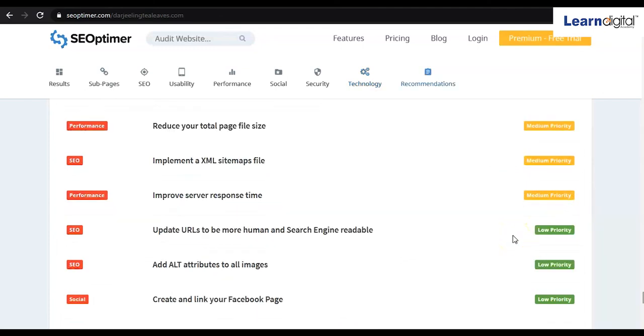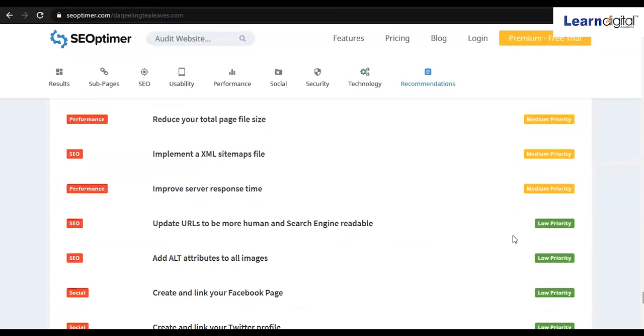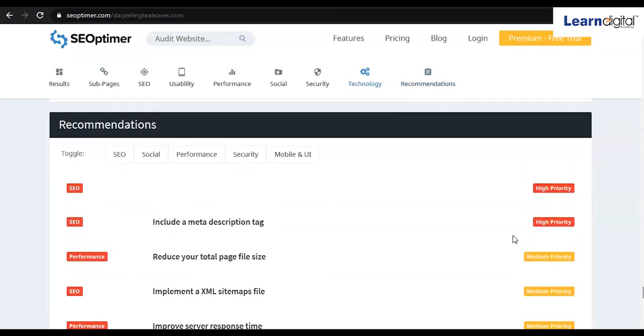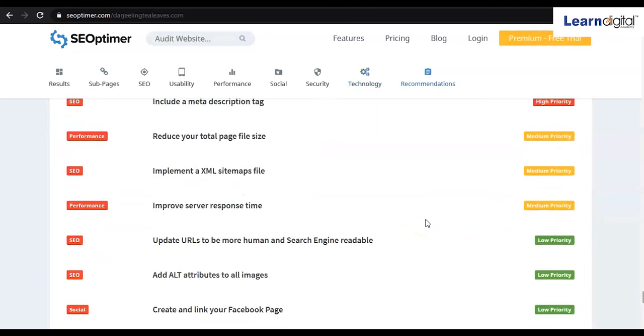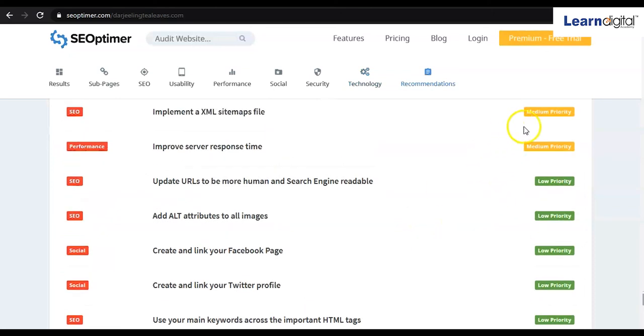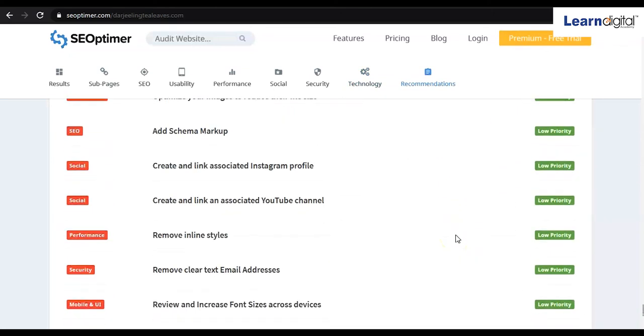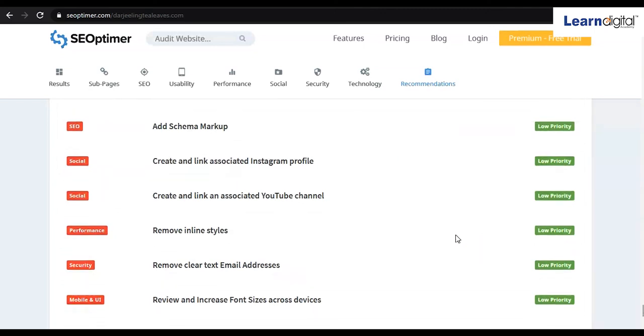So that way, according to your preference, you can work on it, but it is mandatory to work on whatever notifications you are getting on the high priority basis. So you have to fix that immediately, and later on you can work on the medium priority and low priority as well. So that way you can do a website audit with the help of a tool.